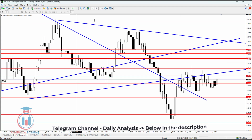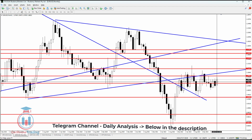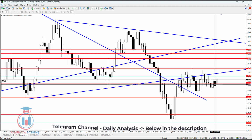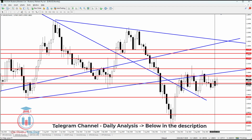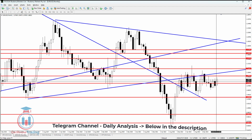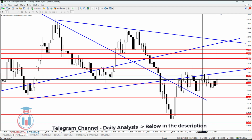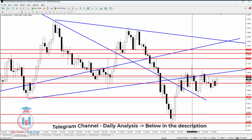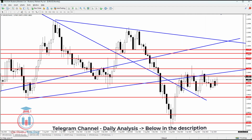The monthly time frame is still open. We can see that we have more than a week until this month closes, so everything's still open. I will wait until the next week's close to make any kind of conclusions, but currently what I can see, it is trying to make higher price levels and reach the next resistance level, which was also around this area, which was explained. And then we can see the next one where the price will stop is around